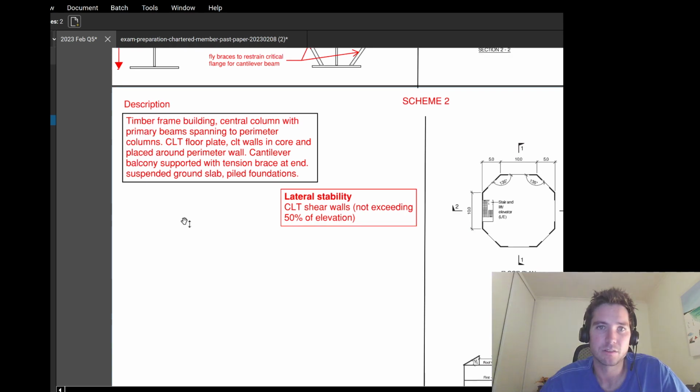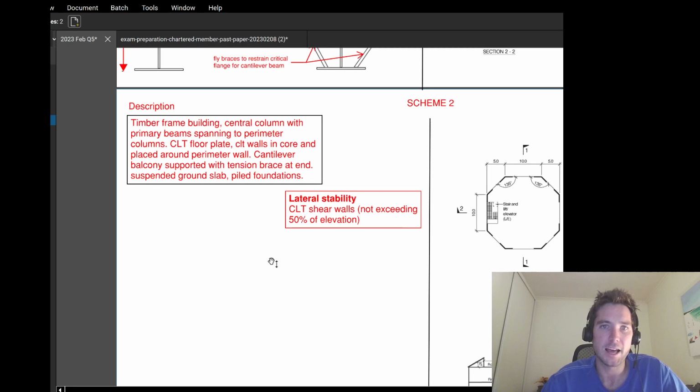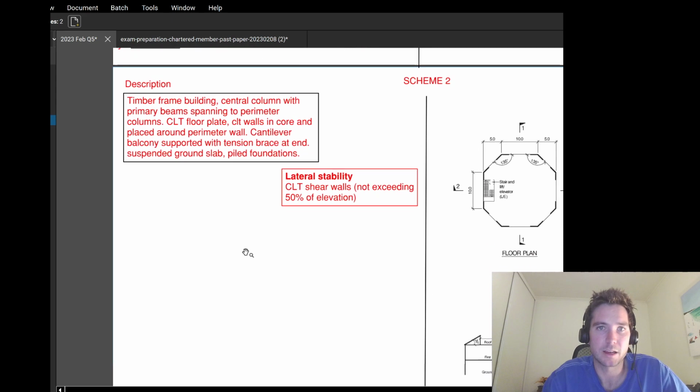I'm using a CLT floor plate, and my lateral stability is CLT shear walls, both in the core and placed around the perimeter. And I'm mixing up my foundation by actually going down into that rock layer with a piled